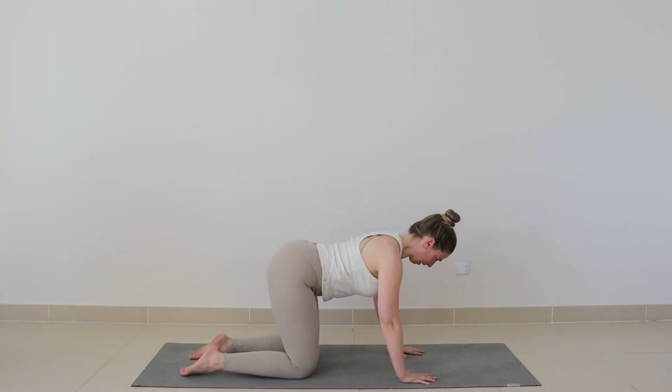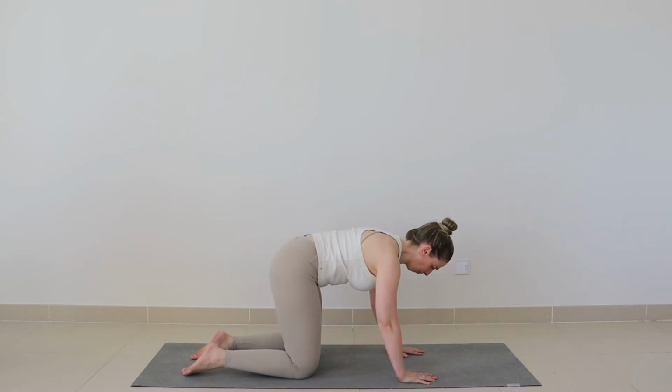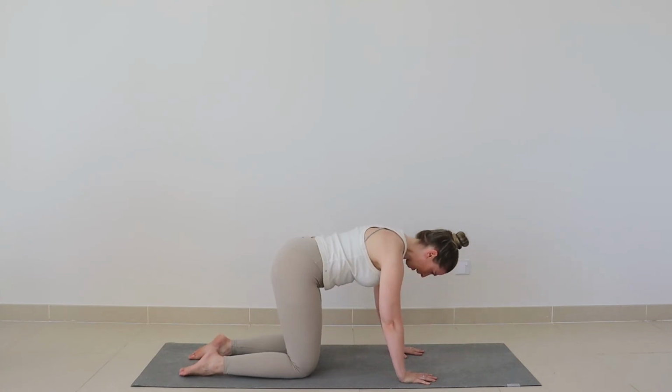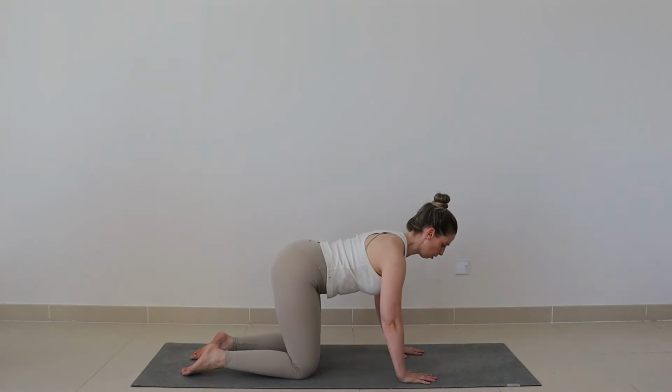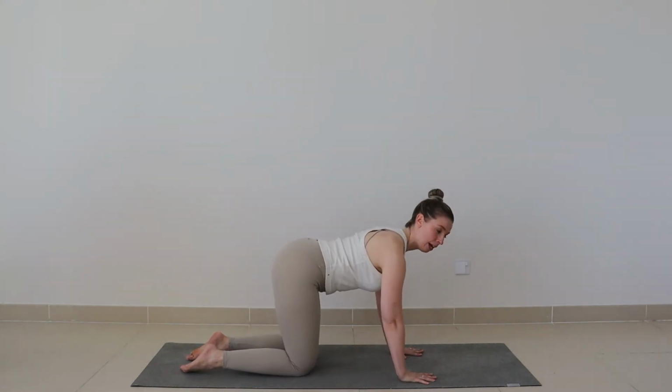And release it out. Inhale. Last one. Inhale. Great job. Now let's come back and find that neutral alignment. Good. Check your knees are right underneath your hips here as we get ready for some core stability and balance